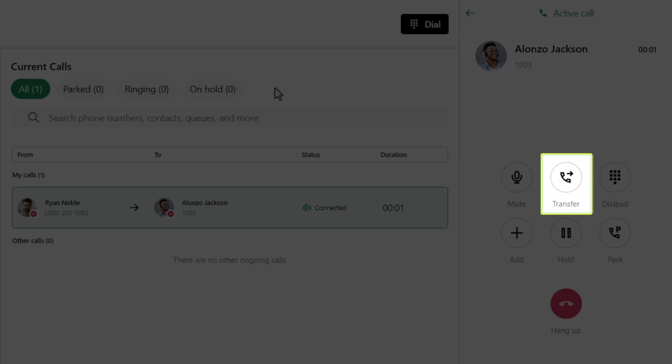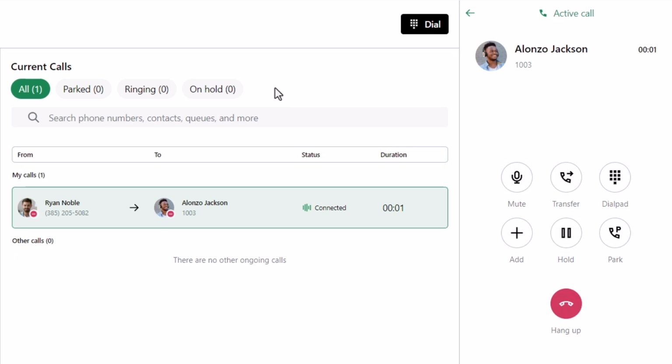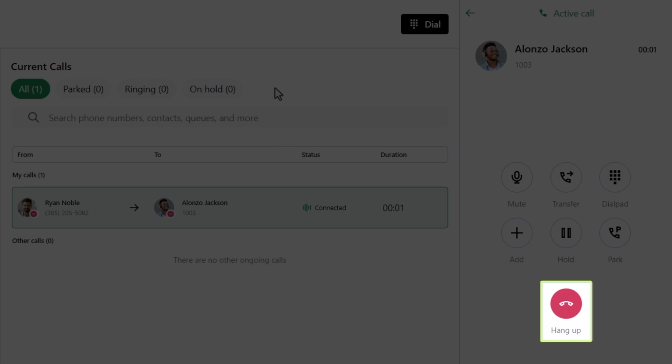Clicking the transfer button on the dial pad or the options menu on a directory contact would give us more options for transferring the call as a warm transfer, direct transfer, or sending the call to voicemail. If I want to transfer the call, I could also drag the current call to another company contact like I did a moment ago. I'm going to end the call.